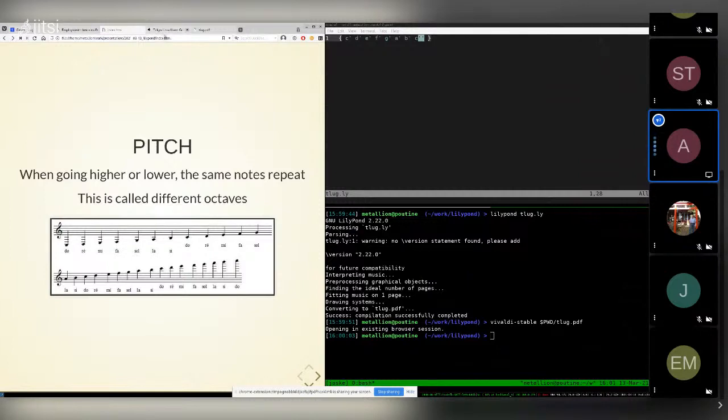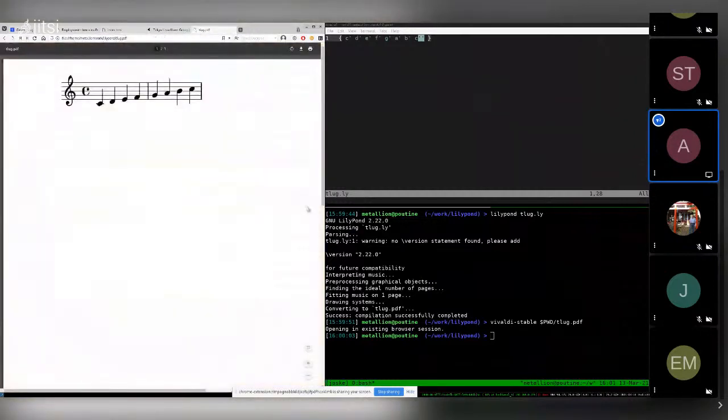And so what's going on over here, these little apostrophes, they decide which octave a note is in. So I've put all of these in 1 octave. And then here, I have the final C in a higher octave. And let's say after that, I want to write another note. Doesn't really matter which one.